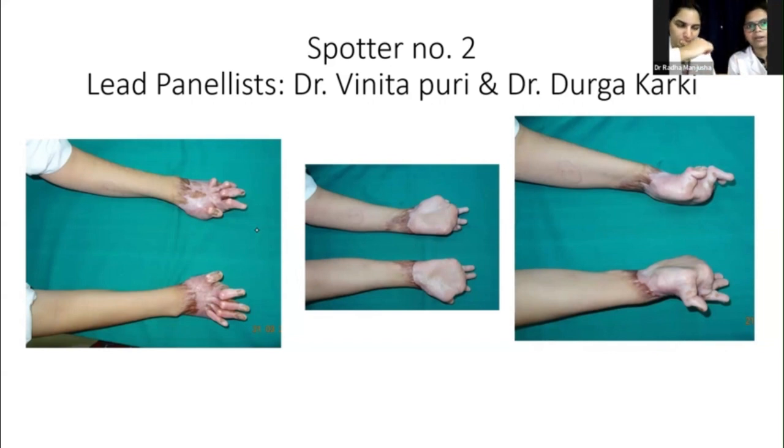Initially, when the burns happen and we are not giving adequate dressings, adequate splintage and position, there can be dorsal edema on the dorsum of the hand, which will progressively take the MCP joints into hyperextension, causing shortening of the collateral ligaments and causing the PIP joints to go into flexion. So edema is one point. What else?